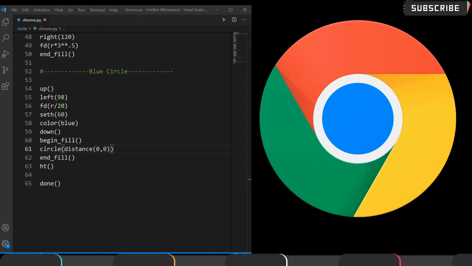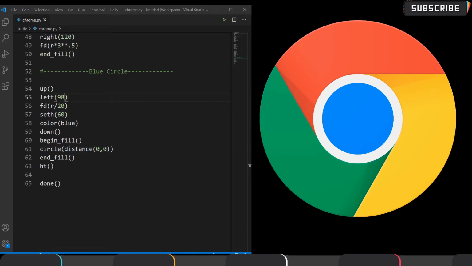Okay, now let's see the blue circle. We use the up function, which is used to pull the pen up from the screen. Next, the left function, as I said, is used to change the angle of the pen pointer. Then when we come to circle, here we are using the distance function, right?